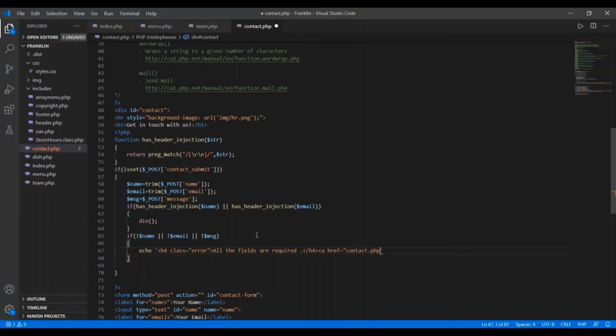To this I want to add the class equal to button block.